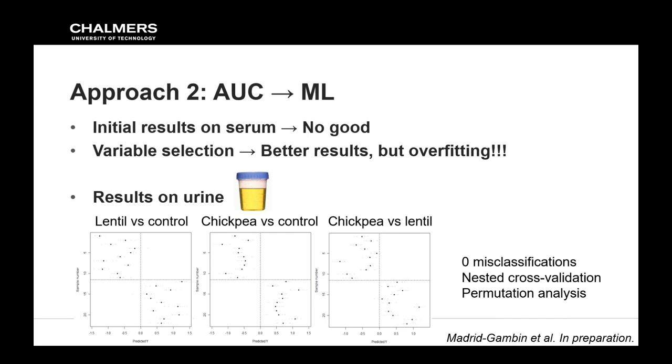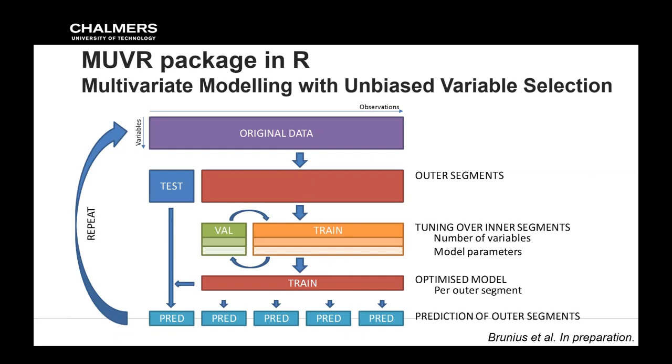But we also did this using a sort of new validation framework, which we have been working with in our lab for quite some time, which is a nested cross-validation or repeated double cross-validation, which has also been pioneered by the Biosystems Data Analysis group in Amsterdam and Fieldsmoser and colleagues elsewhere. So we do the same kind of thing, but instead of just tuning over the number of components, we're also tuning over the number of variables within the cross-validation loop. So we get an unbiased variable selection.